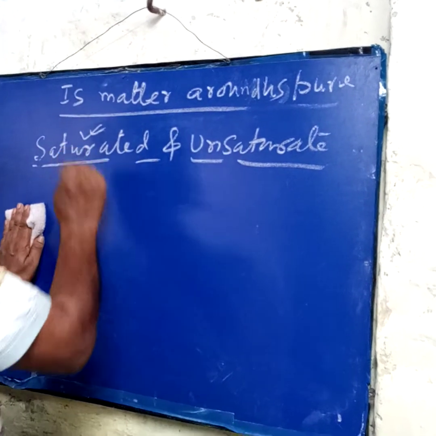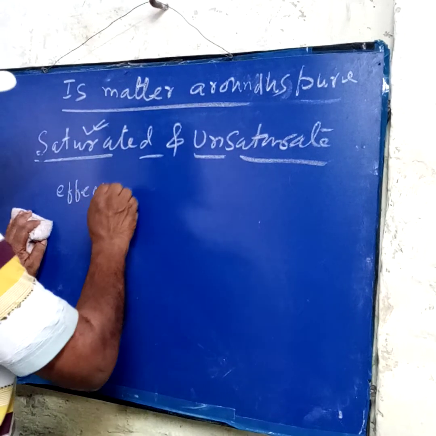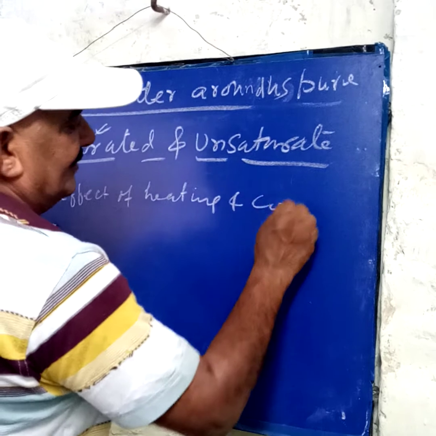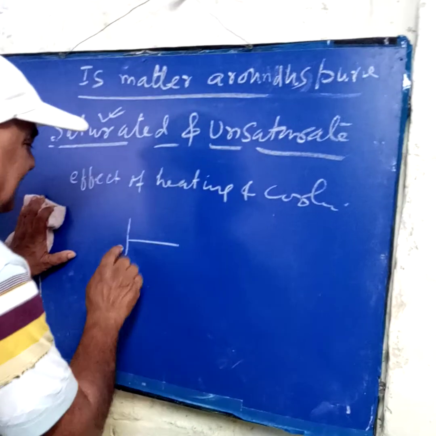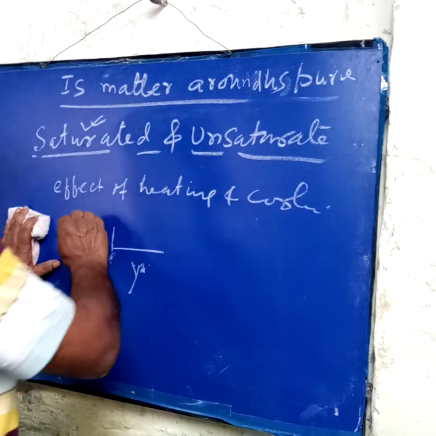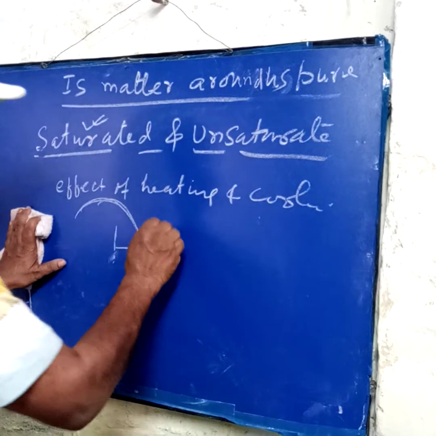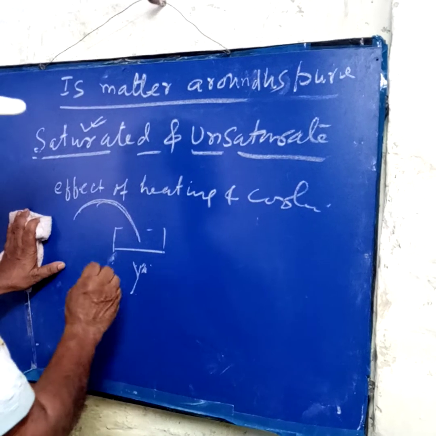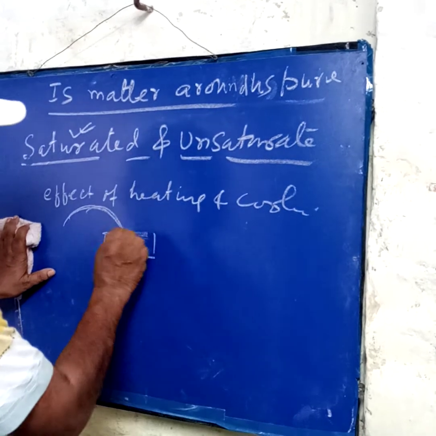Now, effect of heating and cooling. Now what happens is that you make a saturated solution. After that you give heat. When you give heat, then what will you see there? More salt will be dissolved there. Now after that what happens? Keep it for some time, cooling it there. Then what will you see? Observe it there. The salt you mixed extra will make one layer there.